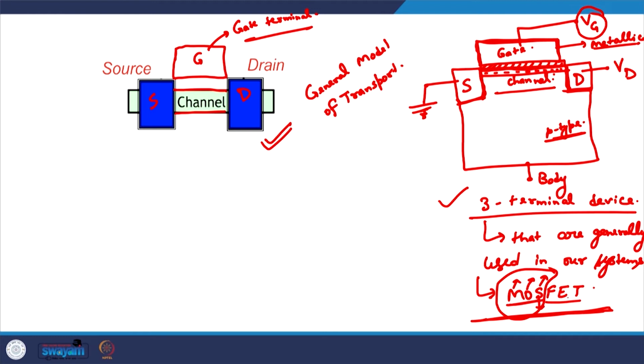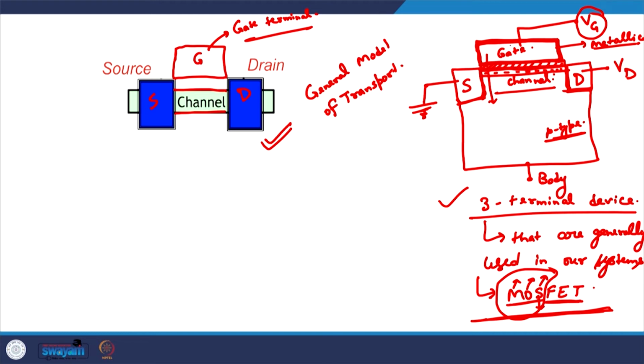And in the MOSFET, the second part essentially means the field effect transistor. The field here is the electric field. And what is the meaning of field effect transistor? It means that the functioning of this device is dependent on the electric field that is generated by the gate voltage. So, the gate voltage that we apply essentially generates an electric field in this direction, and that governs the functioning of this kind of device, and that is why it is known as the field effect transistor, because